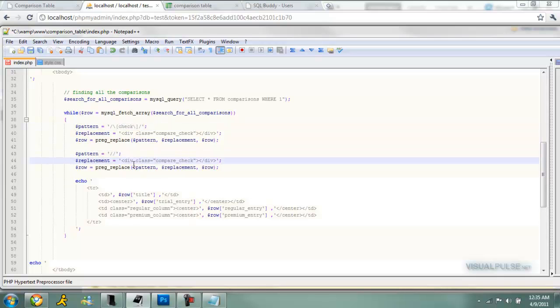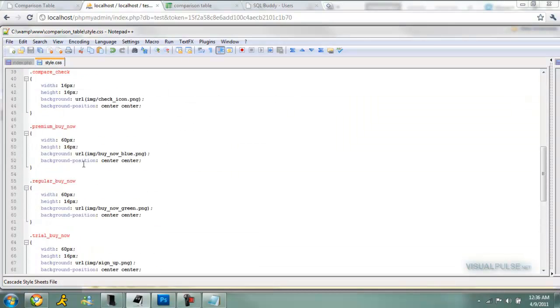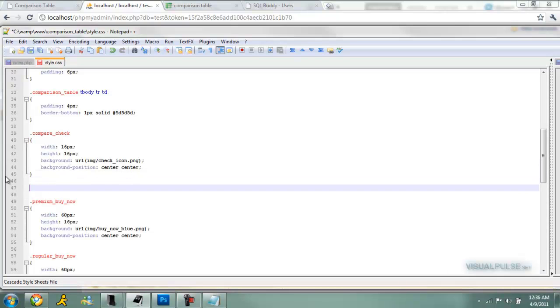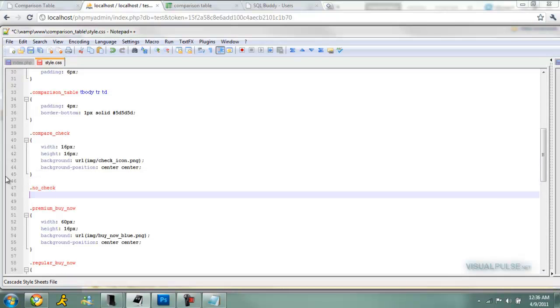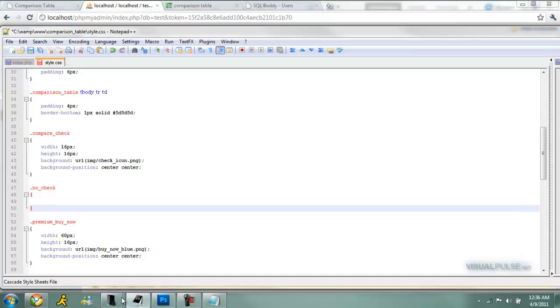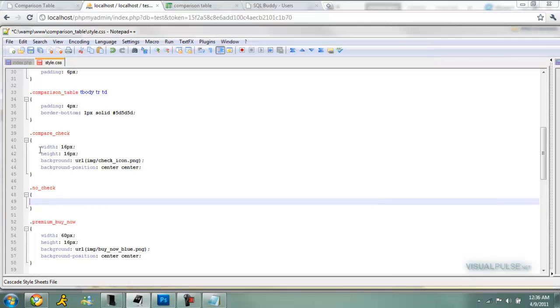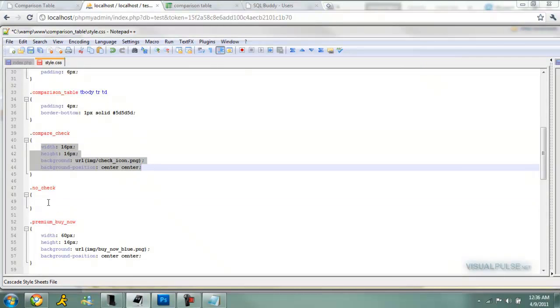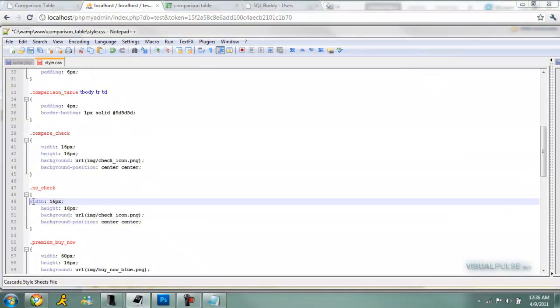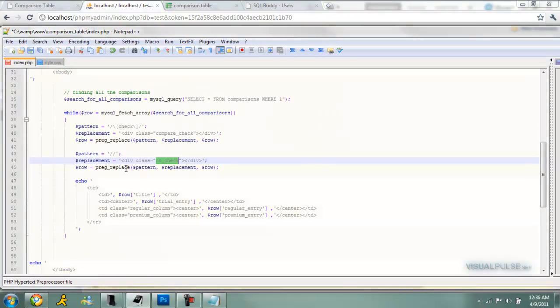But we're doing nothing, and then we can have compare check, so we can do no check div and get that. It will just put that right next to our compare check, just to keep it simple when we come back later. And we can get the X icon, so it's the same attributes as the one, same size, same everything. And X icon, Control S,